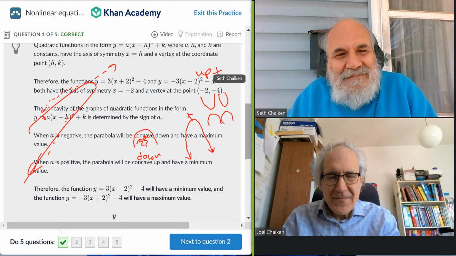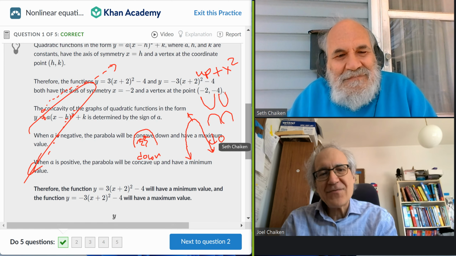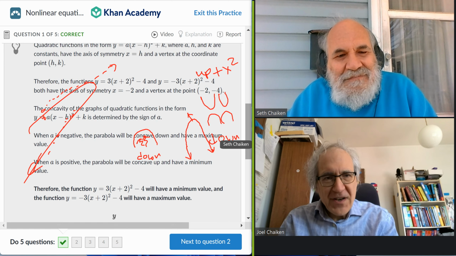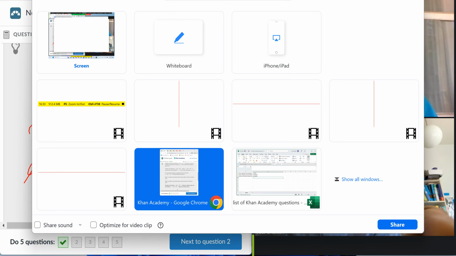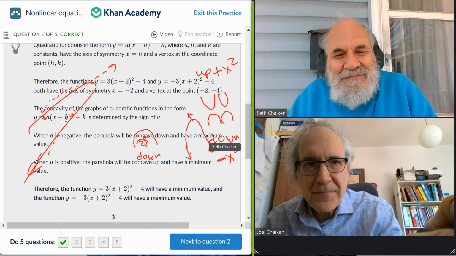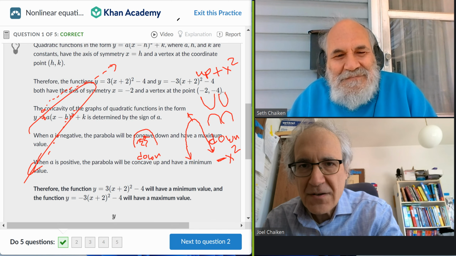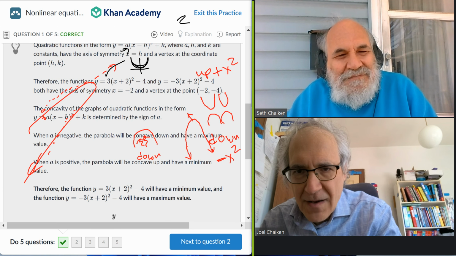The up-facing parabola has the positive coefficient in front of the quadratic term. When this A is positive,